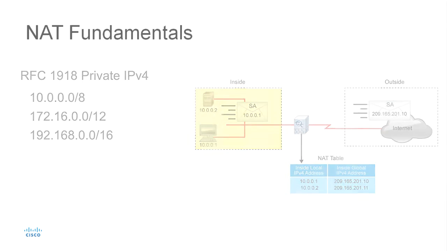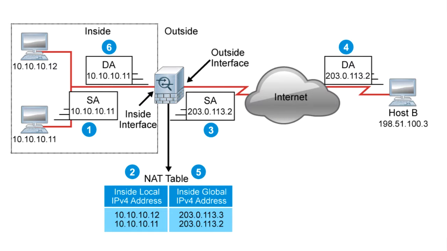This figure illustrates an ASA that's translating the source address as the packet is forwarded from the inside to the outside and reversing that translation on the reply that returns. The steps taken are as follows. Host 10.10.10.11 sends a packet to host B. The ASA receives the packet and checks its NAT table. It finds an entry to translate 10.10.10.11 to 203.0.113.2. If there was no entry in the table, the ASA would check the NAT rules to see if there